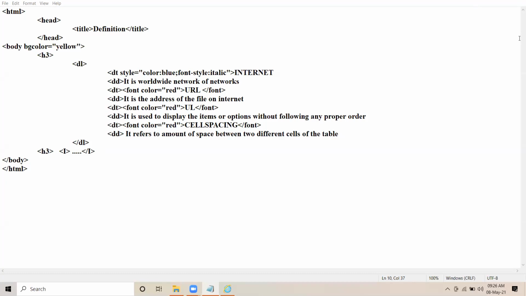Your voice is not clearly audible. Sir, it defines the term which is to be defined. Yeah, it specifies the term which is to be defined. Very right, Tanya. Good.